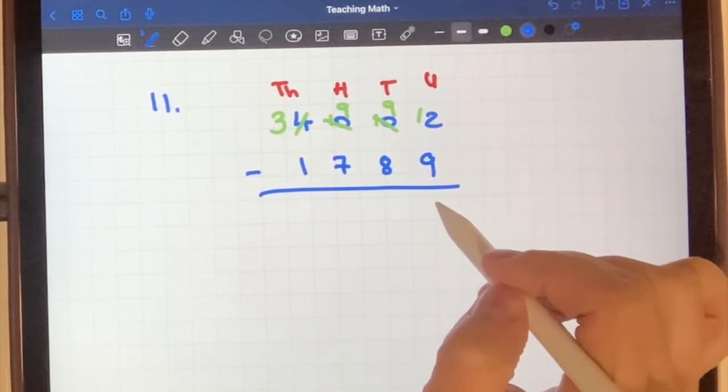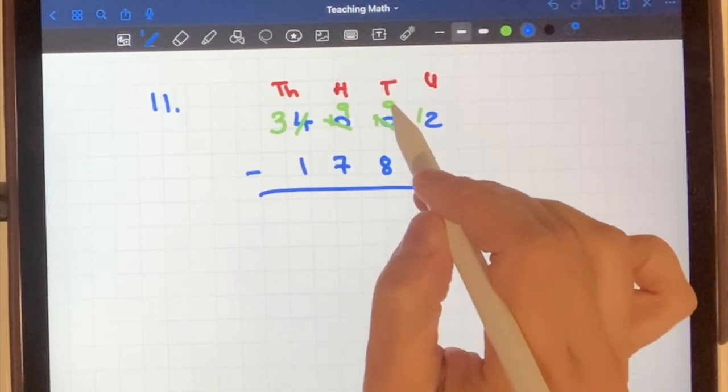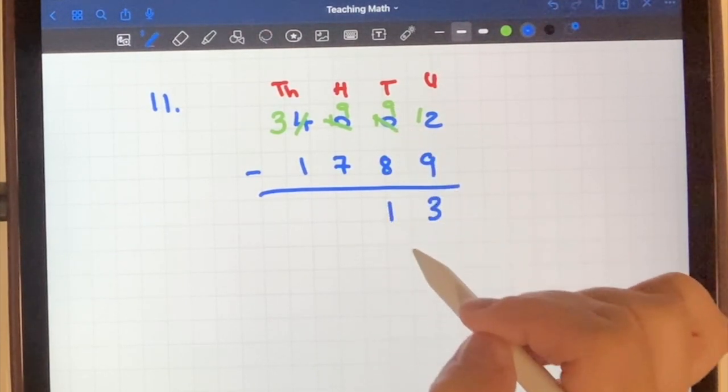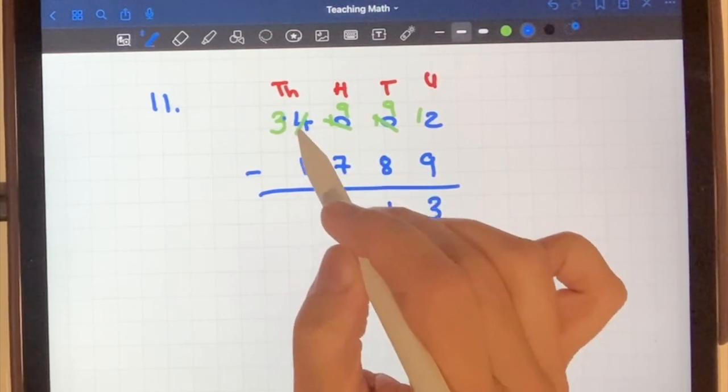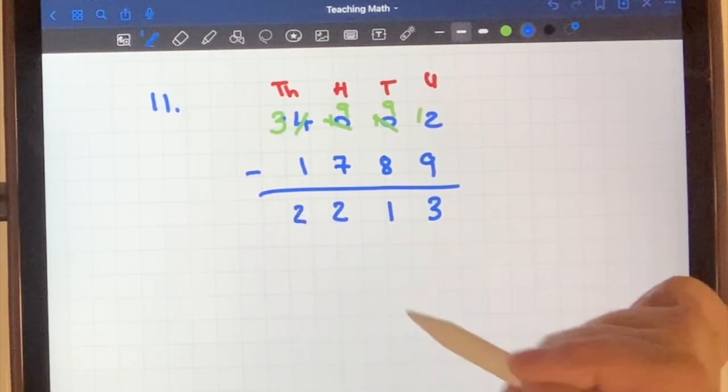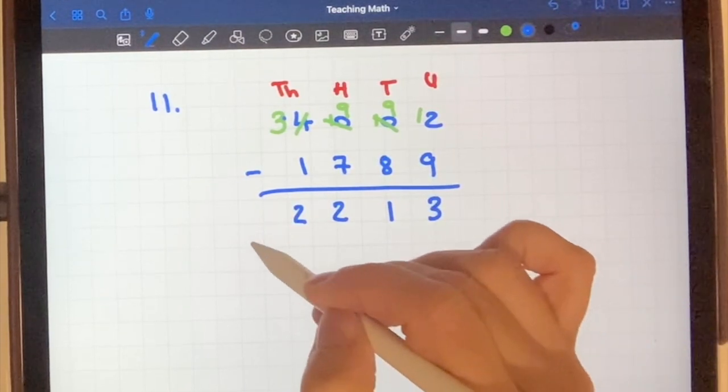And now I can go ahead and do it. 12 minus 9 is 3. 9 minus 8 is 1. 9 minus 7 is 2. And 3 minus 1 is 2. And so the answer is